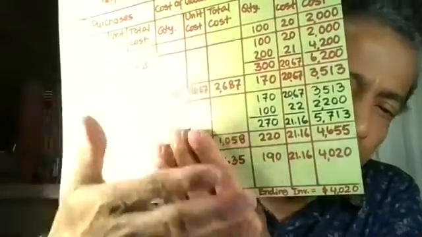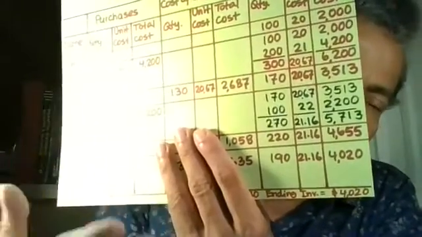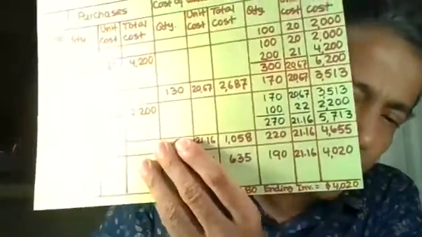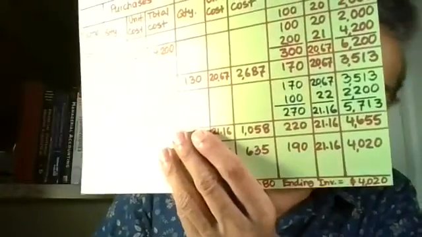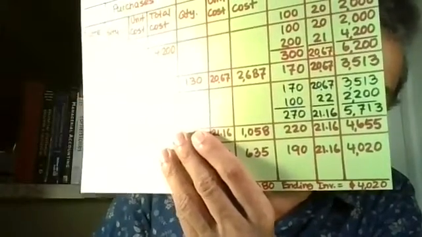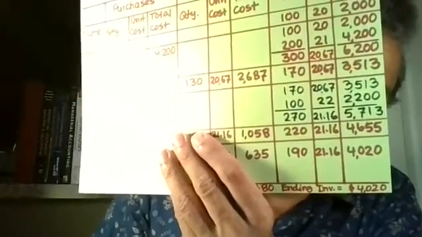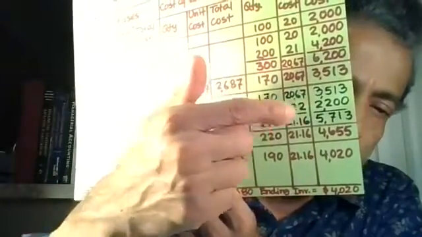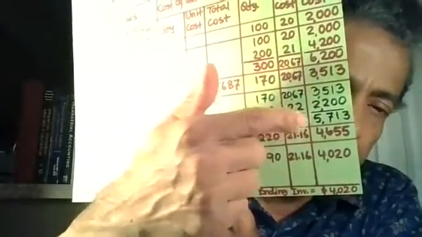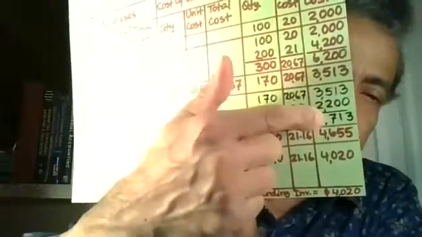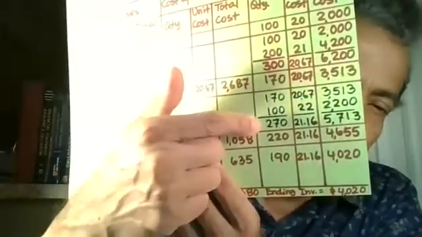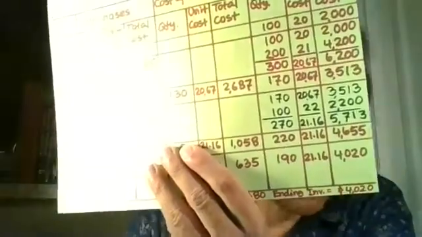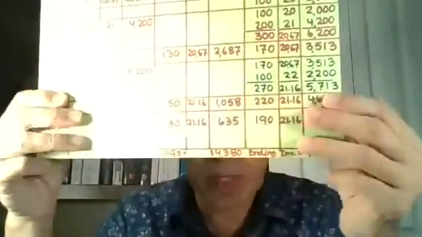All right, so as you keep acquiring more inventory, and if that inventory is of a higher price, then your weighted average is going to keep creeping up. But the method is the same: calculate the total cost, then calculate the total units, and divide the cost by the number of units. Okay, then you sell